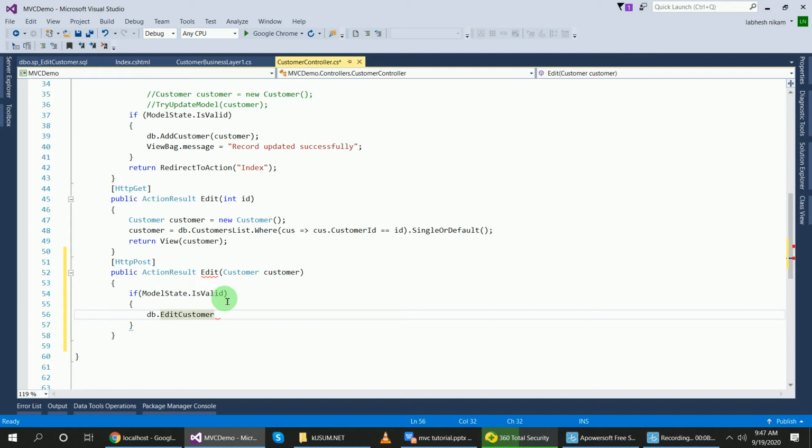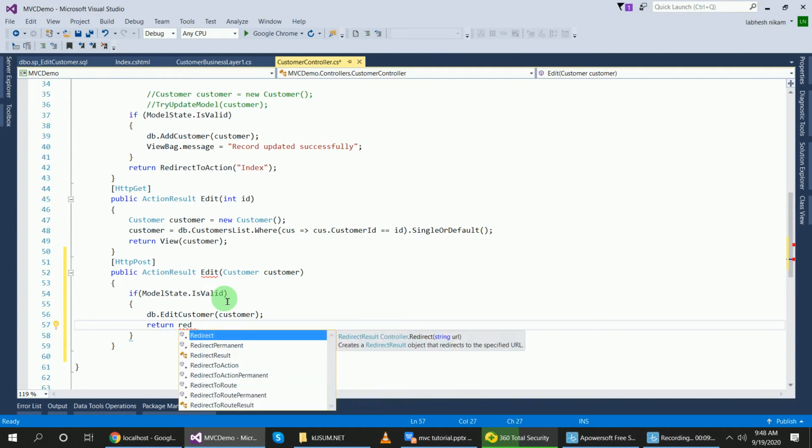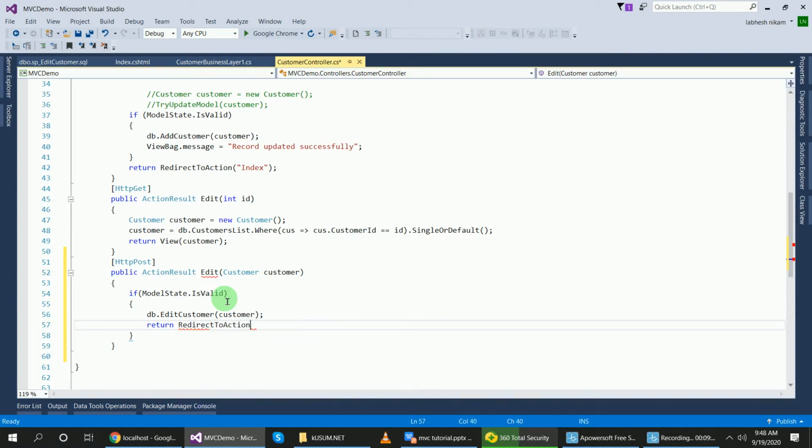and not Add, inside db.EditCustomer pass customer, and then return RedirectToAction. After updating the data we will go to the list page, meaning the index page.